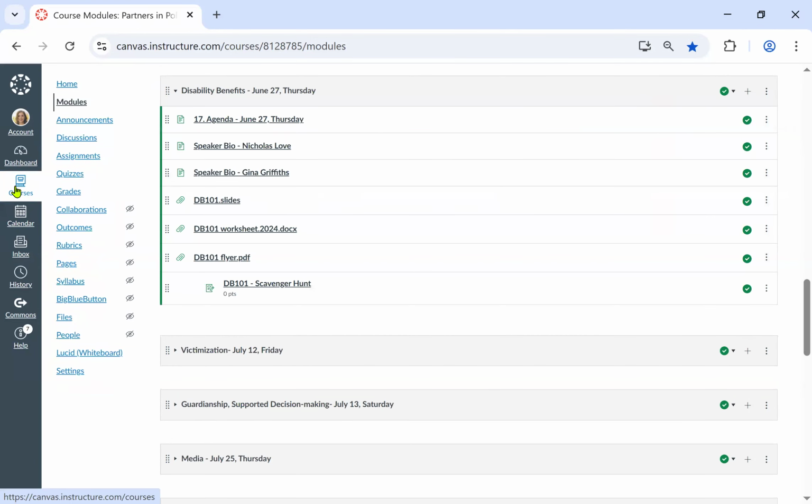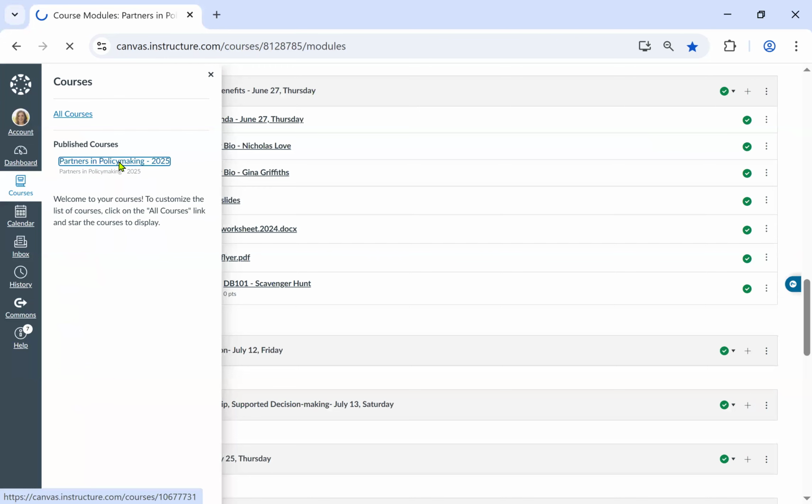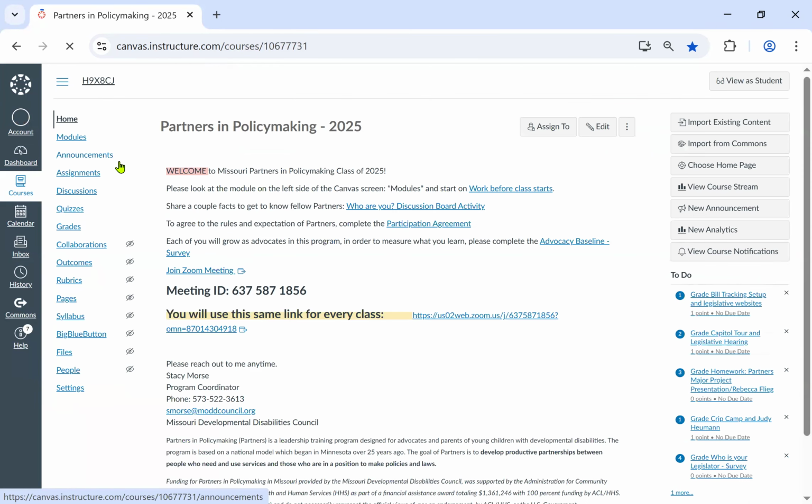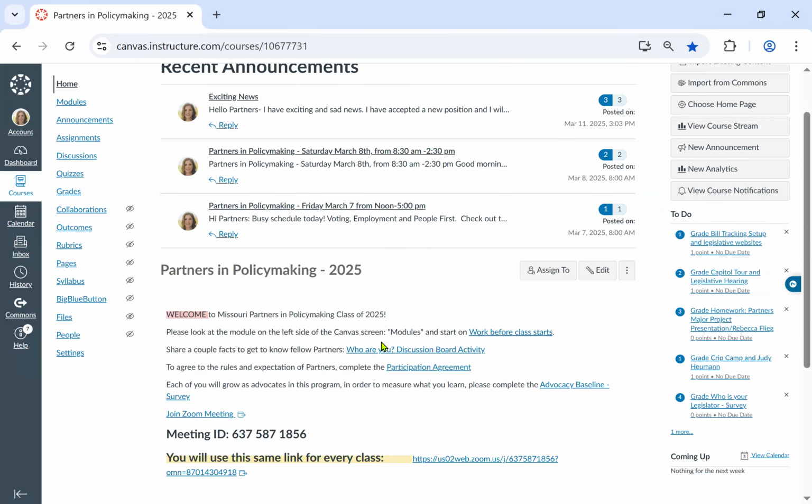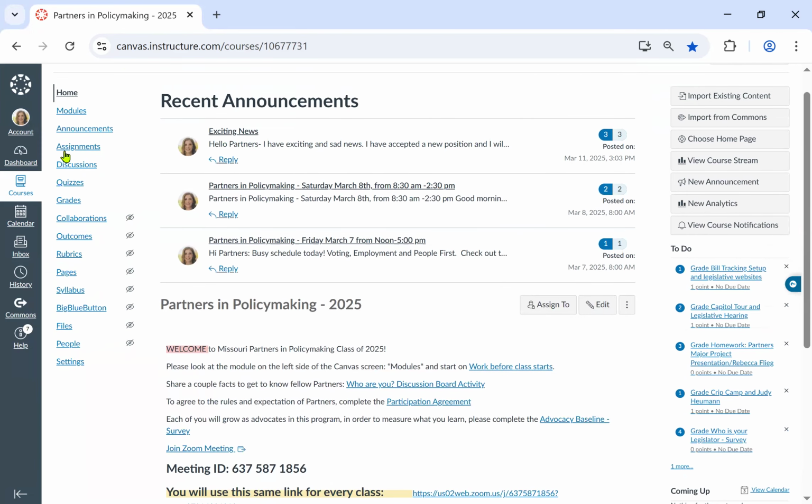Over here to the left, under courses, you want to be sure that you're in the Partners in Policymaking 2025 course. So look to the left here, we have all these different modules. Right now we are in teacher view. You can always change it to student view. Every time there is a class, we send out an announcement, but let's just start at the top here under